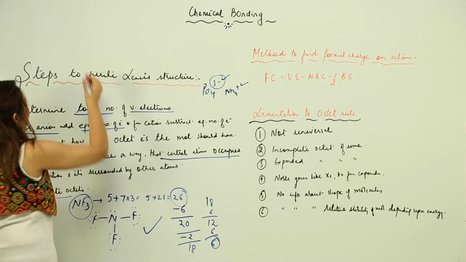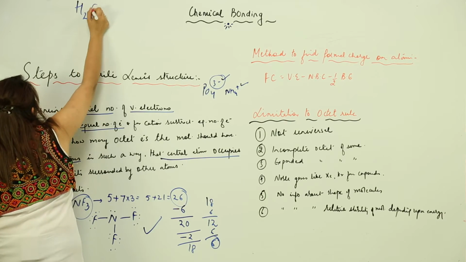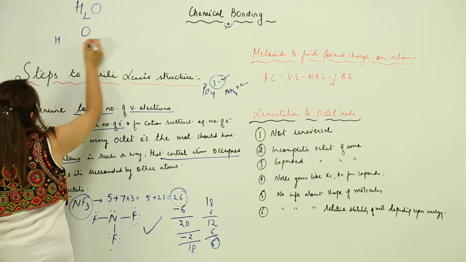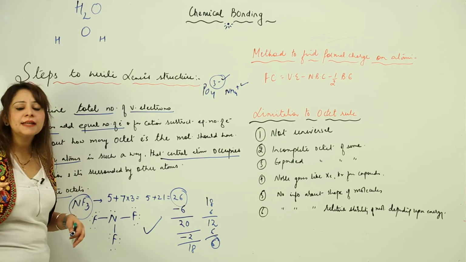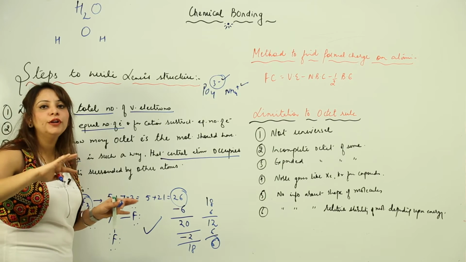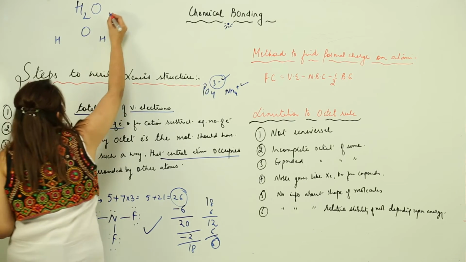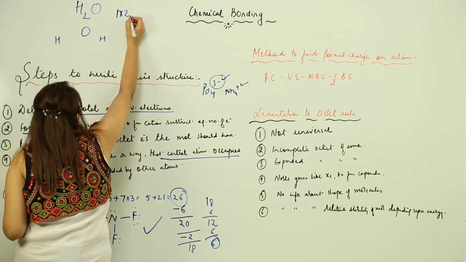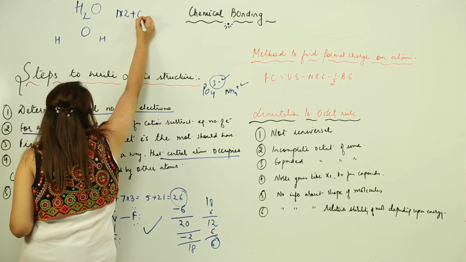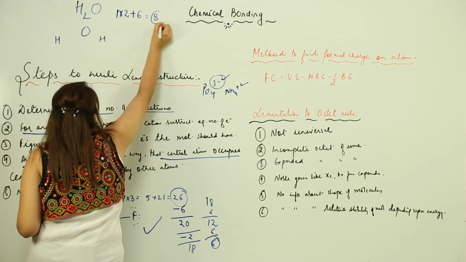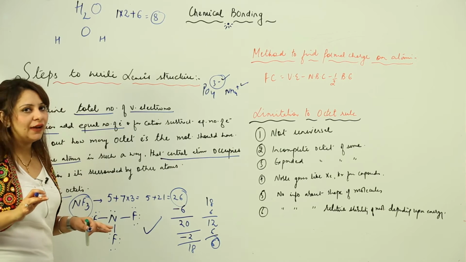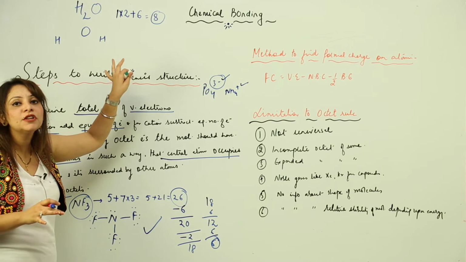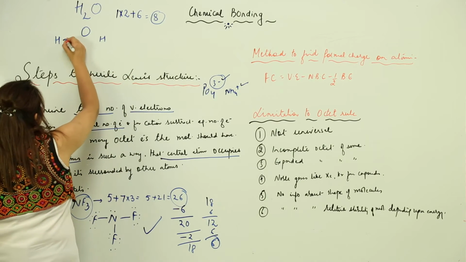Likewise, I will explain with one more example. Suppose I have H2O. In this, my central atom is obviously O, and we surround it with hydrogen. The second step is to calculate the valence electrons. Hydrogen has 1 valence electron, but there are 2 hydrogens, so it is 1 into 2, plus oxygen has 6. Overall it comes out to be 8, so we have 8 total valence electrons. Now we join them. We know that a minimum of a single bond must be present between them, so we just join them.